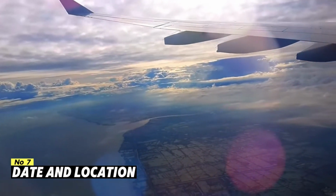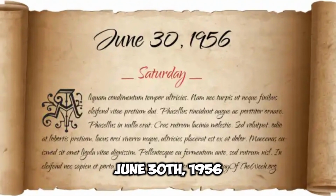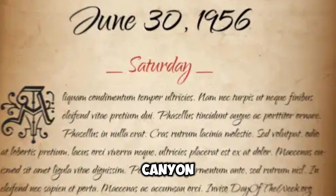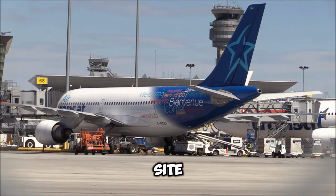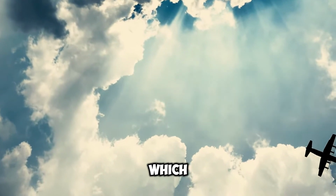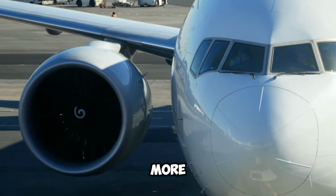Number 7. Date and location. On June 30th, 1956, a devastating mid-air collision took place over the Grand Canyon, one of the most famous natural wonders in the United States and a UNESCO World Heritage Site. The Colorado River sculpted this enormous canyon, which is over 277 miles long and descends more than a mile below